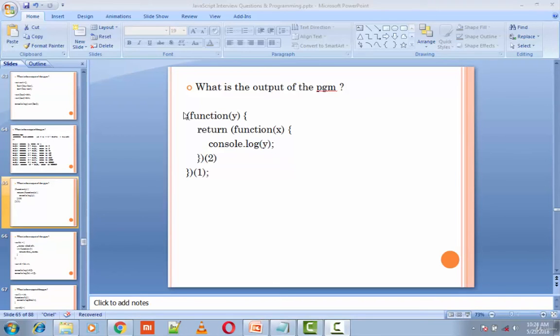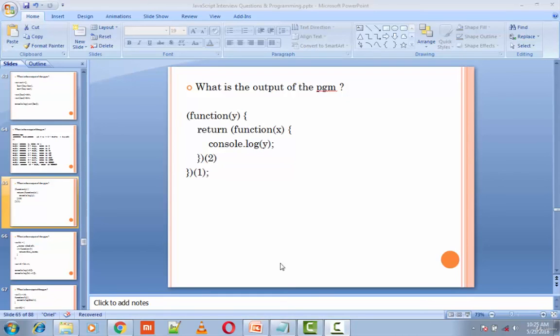Okay, so a closure is implemented as an inner function, that is a function within the body of another function. An important feature of closures is that an inner function still has access to the outer function's variables. Therefore, in this particular example, since y is not defined in the inner function, the scope of the outer function is searched for a defined variable y which is found to have a value of 1.